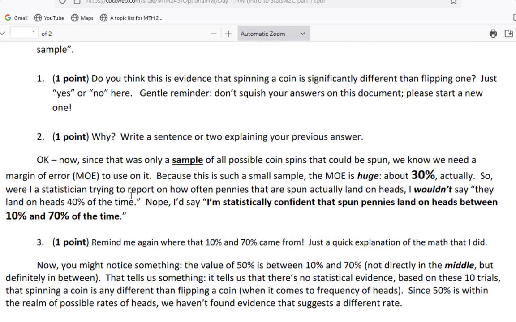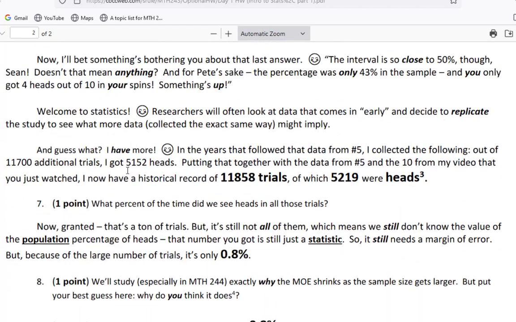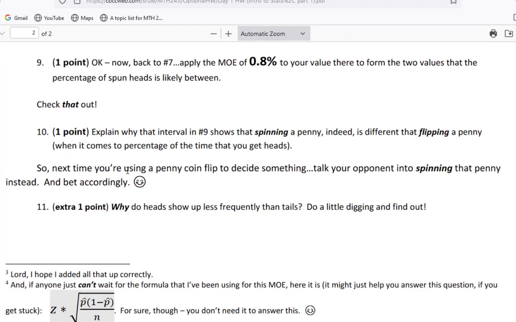Then you're going to read a bit more. This is kind of like reading a textbook. And then you get to number 3. Remind me again where these percentages came from. Just a quick explanation of the math that I did. And then you're going to answer your question there. Basically, you're looking for these numbers or letters that have point values next to them, and that's what you're going to be answering. So then you get done, you go through the entire document, you've answered all the questions,